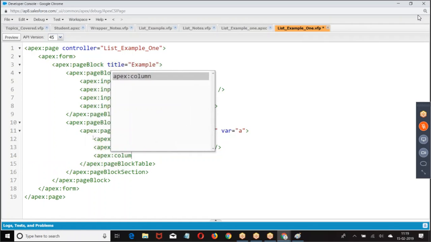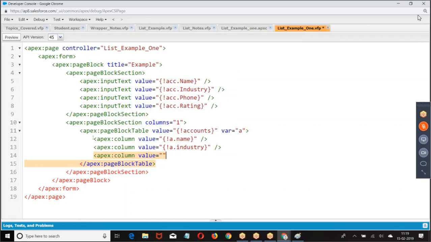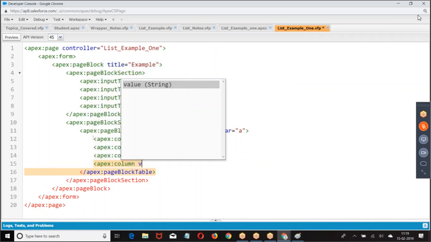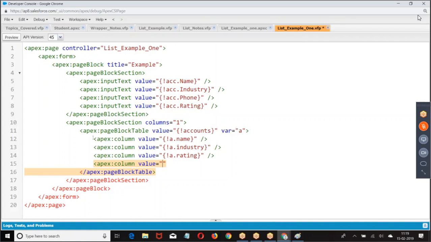Then Apex column, value equal to A.phone. So whatever data we are entering here, that is the data I am trying to display. Okay, now save this. Then I need a button. The moment I enter the data, I want the data to be saved.